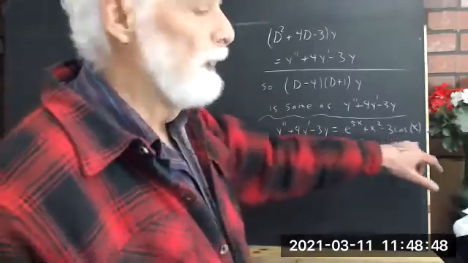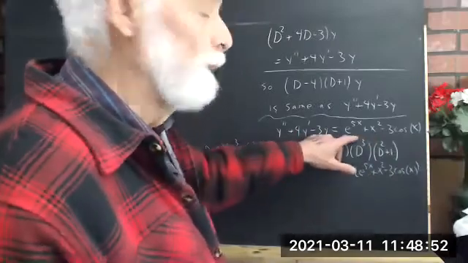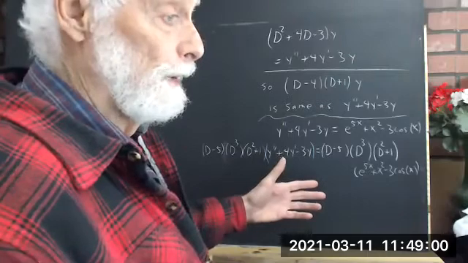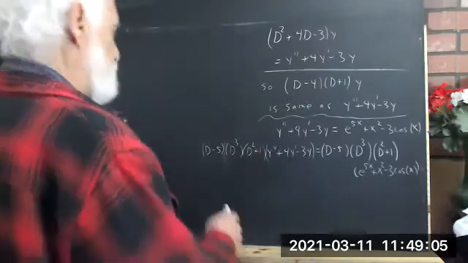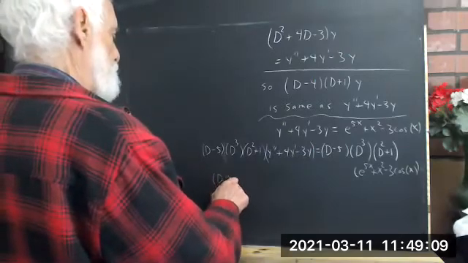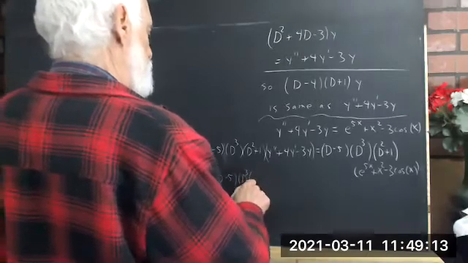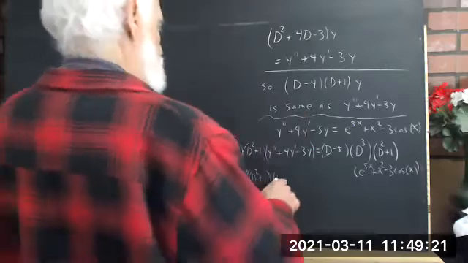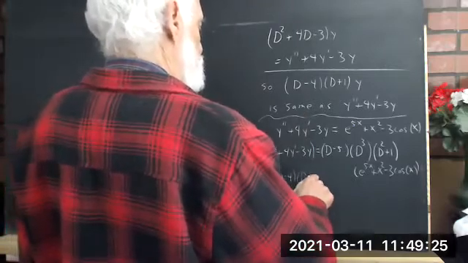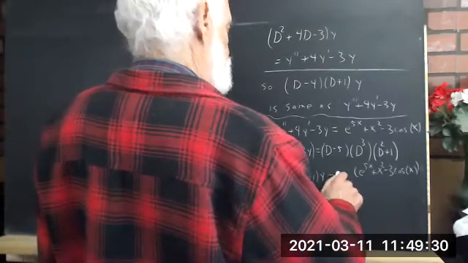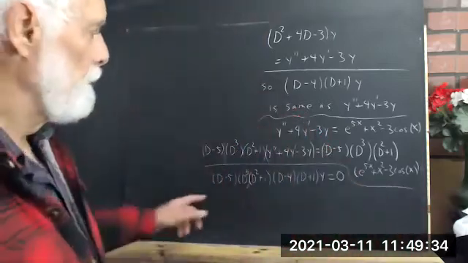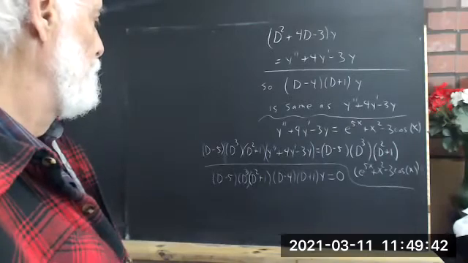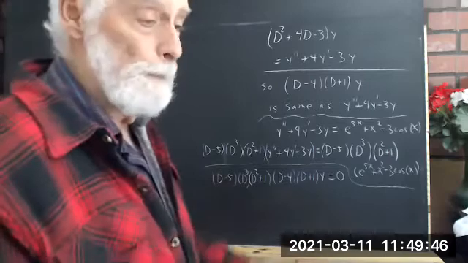Okay, so if I apply the annihilator of the non-homogeneous part of this differential equation to both sides, both sides get annihilated, which means that this is equivalent to this. And that's equal to 0. So what does this tell us? Well,